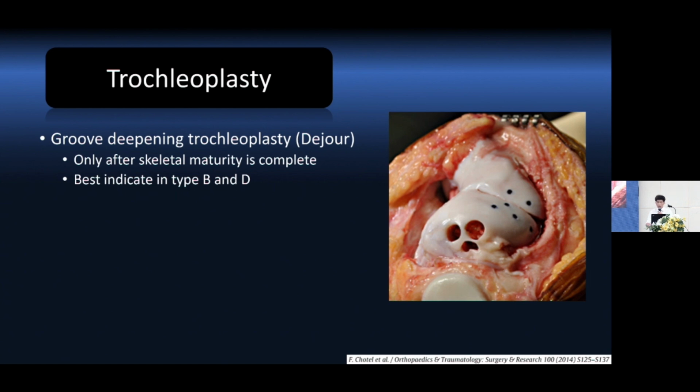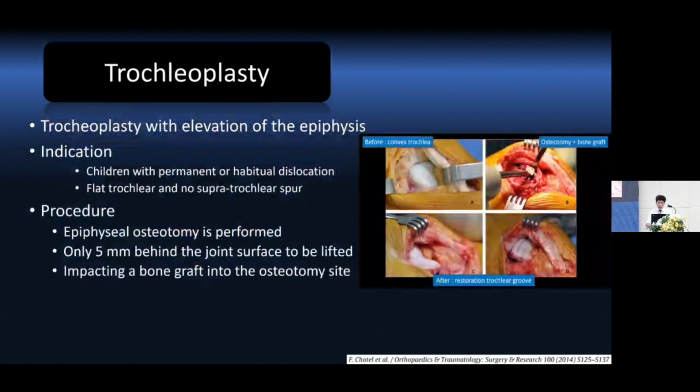Trochleoplasty. The groove-deepening trochleoplasty by Dejour can only be performed after skeletal maturity is complete. It is best indicated for trochlear dysplasia type B and D. During skeletal immaturity, trochleoplasty can be performed with elevation of the epiphyses. The indication for this procedure is in children with permanent or habitual dislocation, with a flat trochlea and no supratrochlear spur. The procedure is done by epiphyseal osteotomy, performed just 5 millimeters behind the joint surface to be lifted,